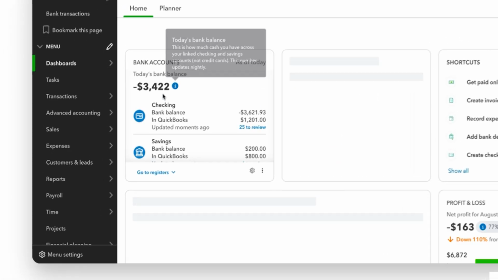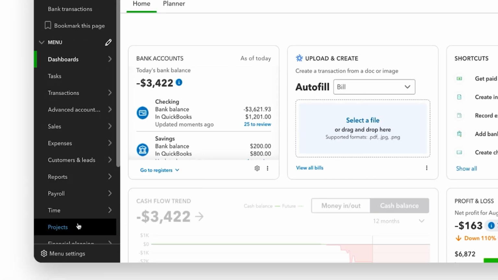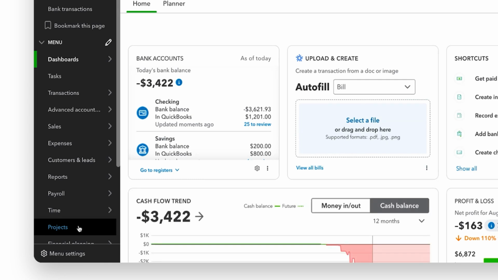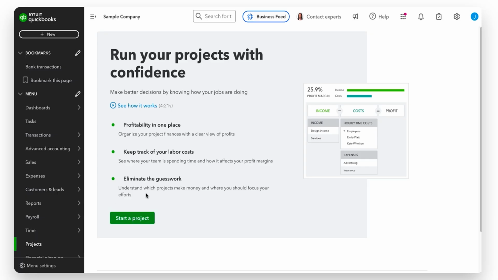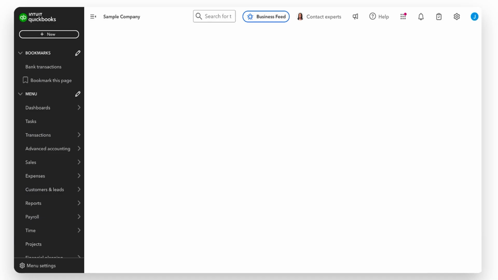Now, if you look back over at the left menu, you'll see right under Time, we now have the Projects feature enabled. So to get started, we're going to click on that. Once we click on that, you'll see that QuickBooks gives you a few bullet points breaking down what the feature is. There's also a link to a video that just shows you how it works. If you want to know more about all of the functionalities that this has to offer, I would recommend watching this 4-minute video, but we're going to dive in and start a project by clicking the green button at the